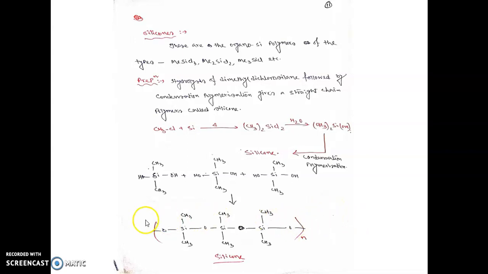That's why this part is termed as whole n. n could be any value. Generally the n value is very high here, because this chain will be continued, and that's why silicones are polymeric compounds. Okay, now let's move on to the next compound,